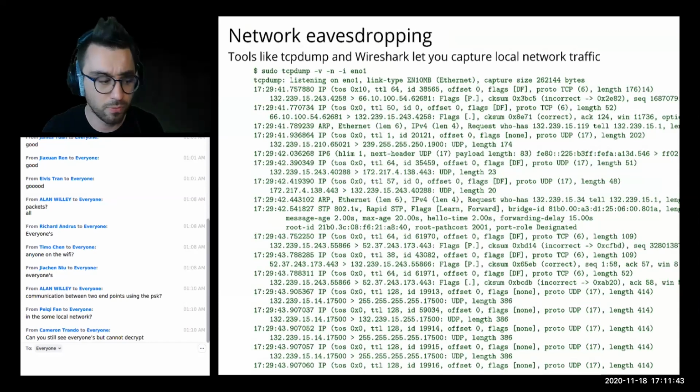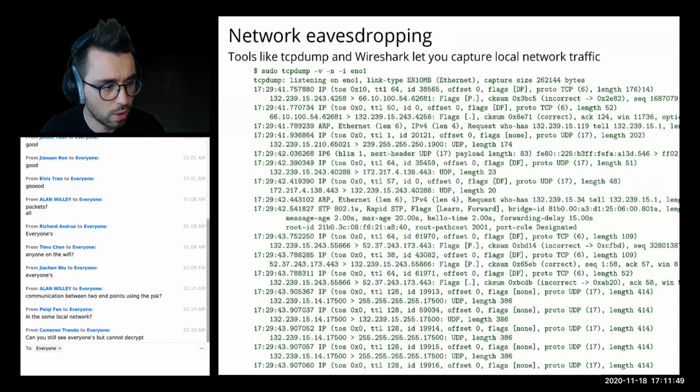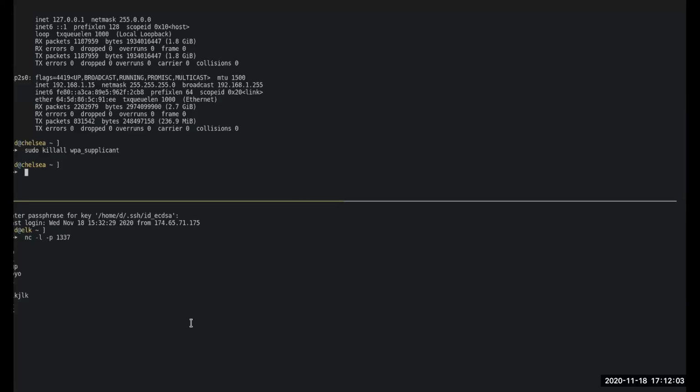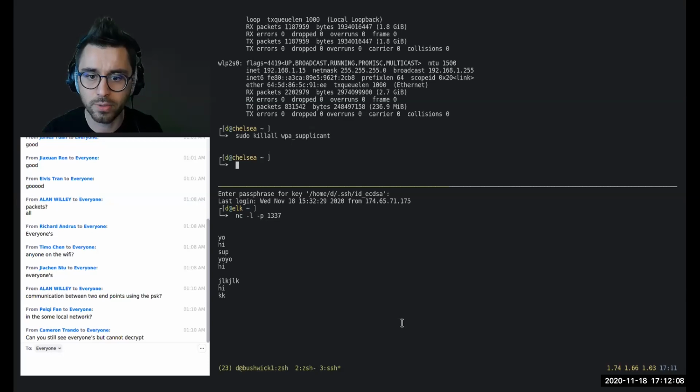How do we sniff packets? Well, one way to do it is to pull up Wireshark the way we did before. I didn't get a chance to complete one of the demos that I wanted to do, but I will try it nevertheless, because why not? It might actually be fun. Okay, so here I have my good old Chelsea machine. This thing is connected. I lied.